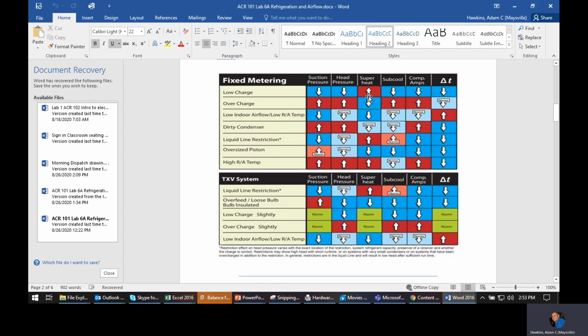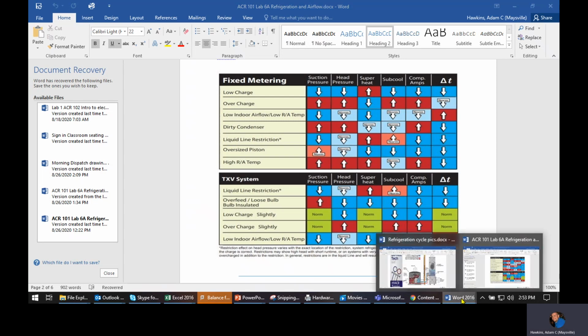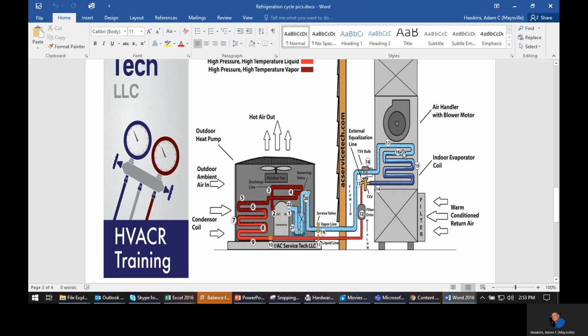Superheat will be, all right, look at the two. Low airflow, superheat was low. Low charge, superheat will be high. All right, so let's go to our picture and let's look. So in a low charge condition,